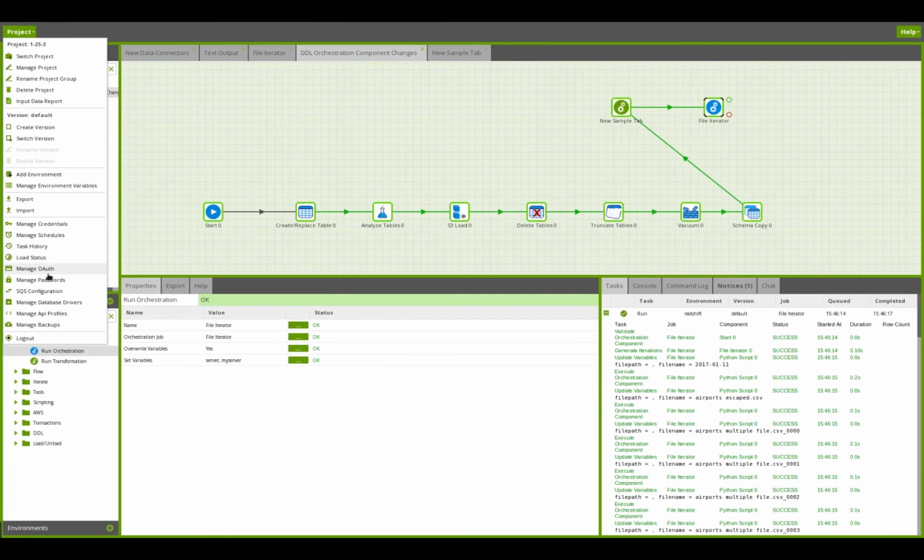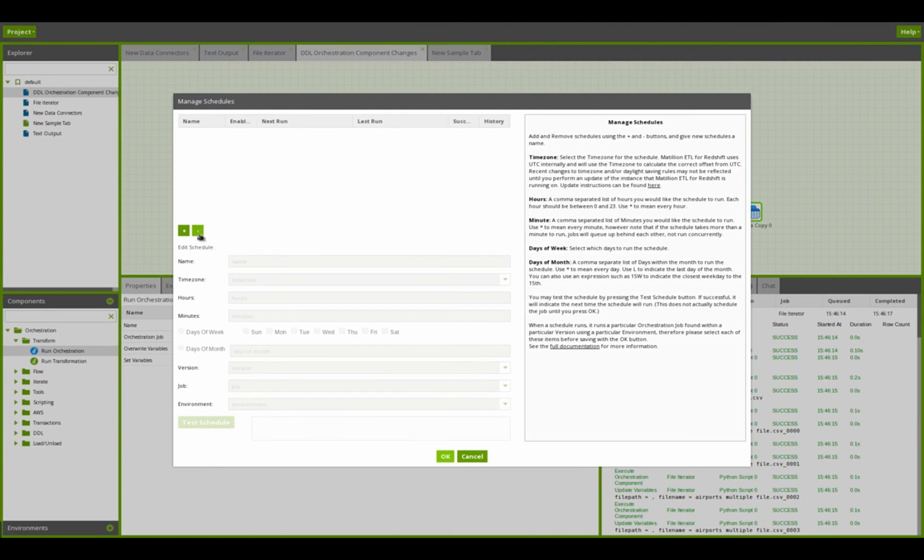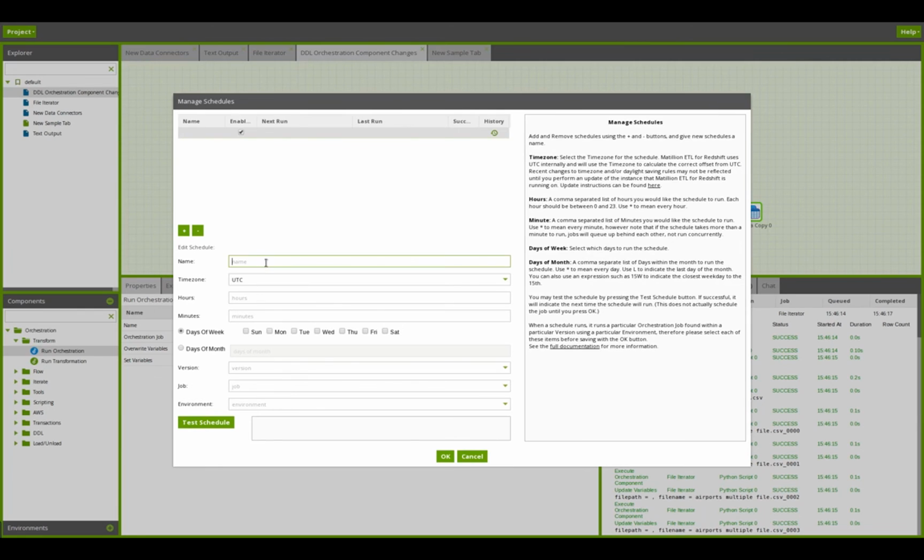Made a minor enhancement on the Manage Schedules page. Previously, if you created a schedule here, one of the things that tripped people up was creating schedules that existed within the maintenance window of their servers. Now the server that I'm connected to here has a maintenance window between 6 and 6:30 on a Saturday. So if I just set up a schedule here and click test schedule, if I select say all other days